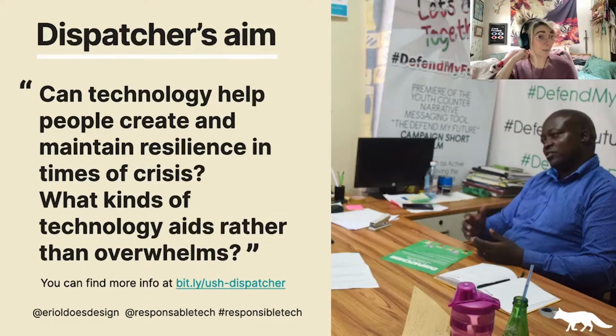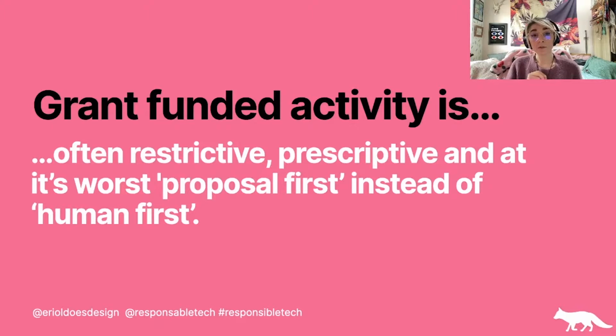The second is Dispatcher, and Dispatcher's aim was to discover whether technology can help people create and maintain resilience in times of crisis, and what kinds of technology aids rather than overwhelms. These were both differently grant-funded projects, but grant-funded nonetheless. And often grants stipulate in the proposal phase what is the scope of the technology and the design part of